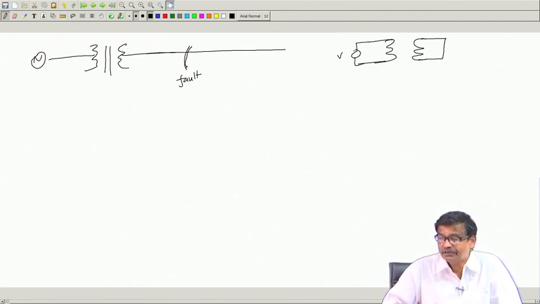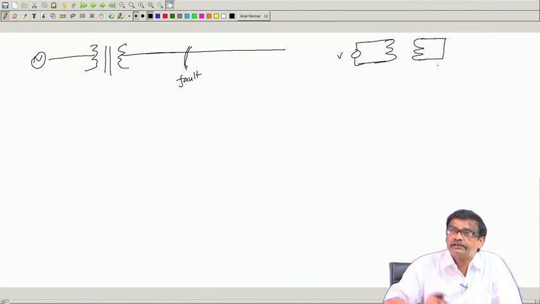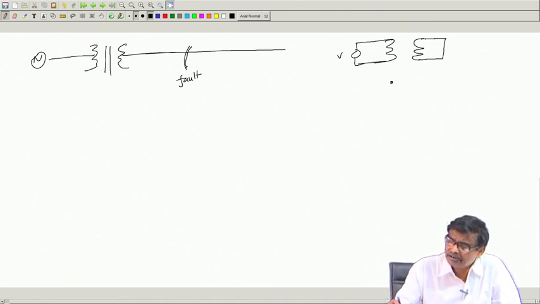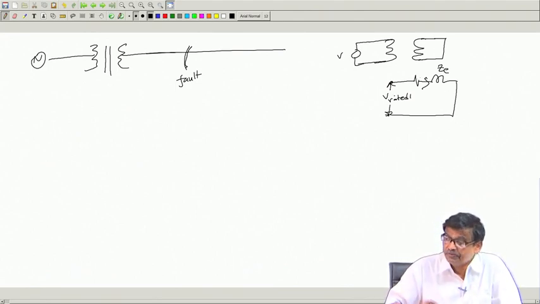But think of a situation where a transformer is ready to supply load, rated voltage and frequency have been applied, secondary voltage is also rated, and the secondary is suddenly short circuited. Then there will be a large short circuit current. Who will limit that current? In terms of the equivalent circuit, RE1, XE1, this is shorted and here it is now rated voltage of that particular side 1. So the current will be limited by the equivalent leakage impedance of the transformer, and if you make it very low, this current will be very high.